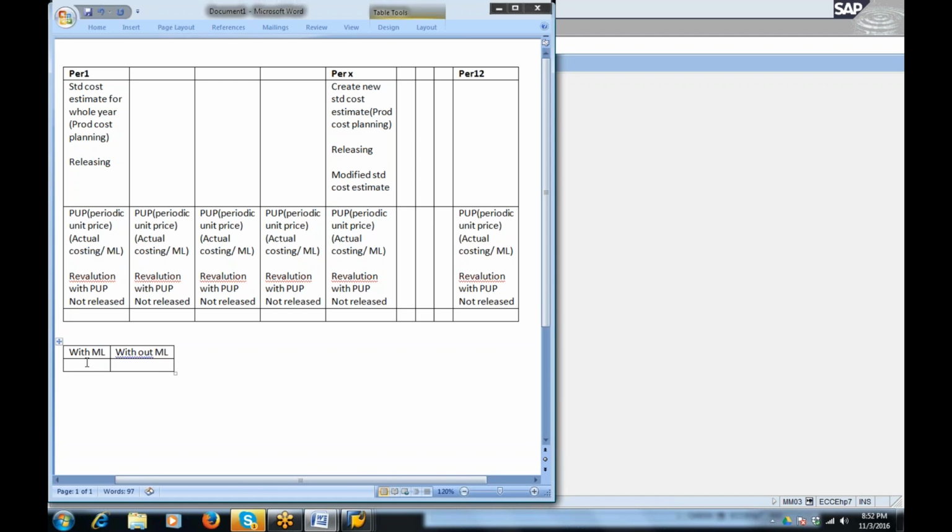With material ledger, you have two options: price control V, or S. Without material ledger, we have V or S. So here, it is recommended